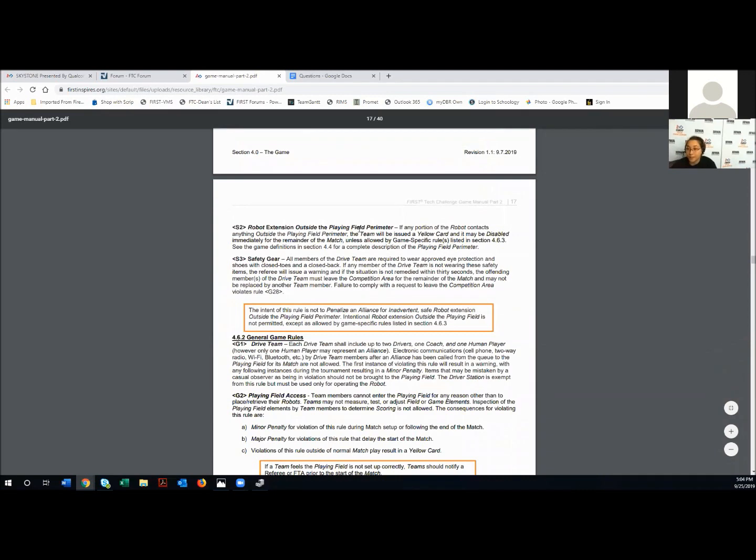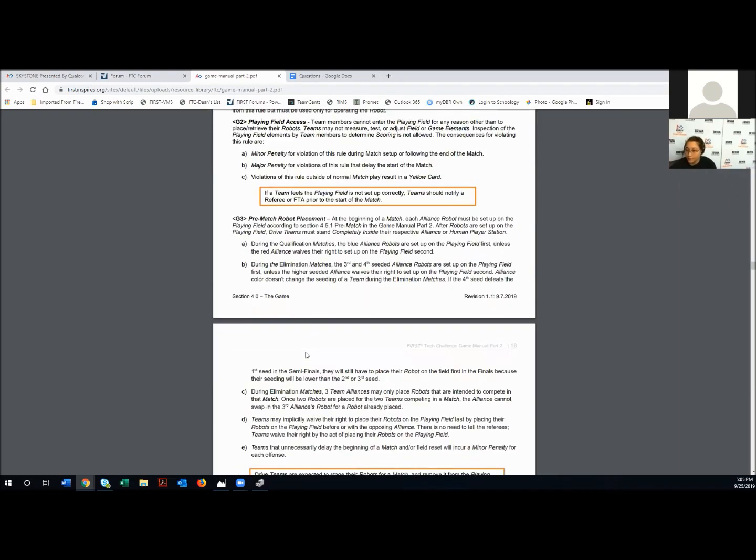Robot extension outside the playing field perimeter. This is not allowed at all this season. If any portion exits the perimeter, the team will be issued a yellow card and it may be disabled immediately for the remainder of the match, unless allowed by game-specific rules listed in 4.6.3, which...